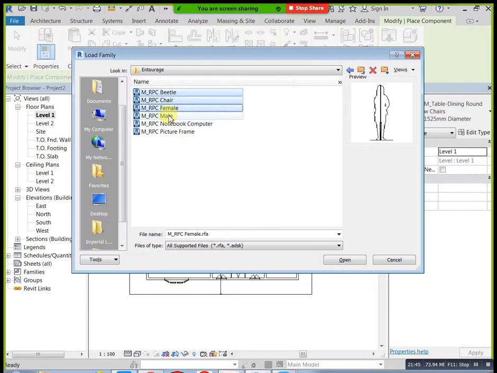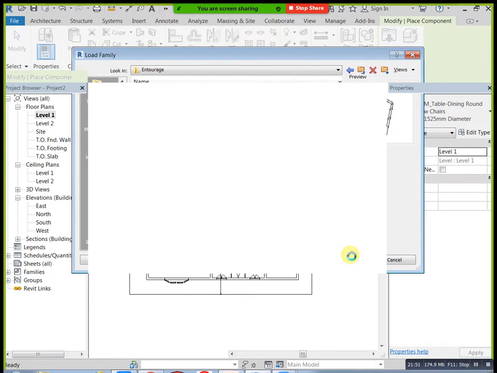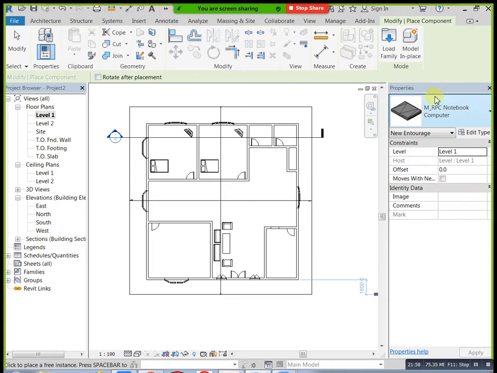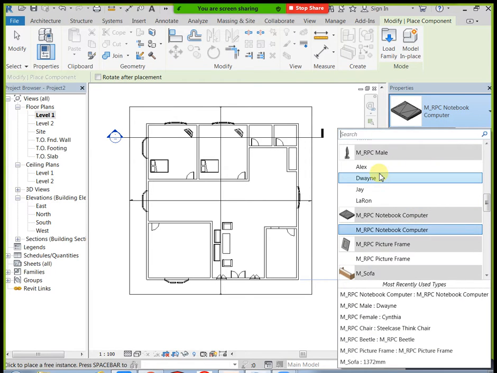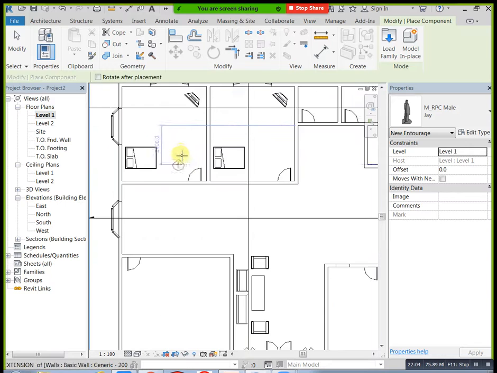Go here. For example, I need Jai. You can select, and where you need, for example, I need to place it here. I need to place it here. If you need rotation, you can mention rotation also. And I need a female, like Lisa. You can place it here, here, here, and here.